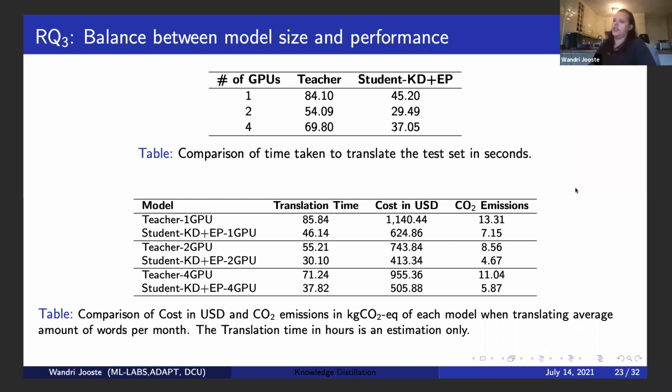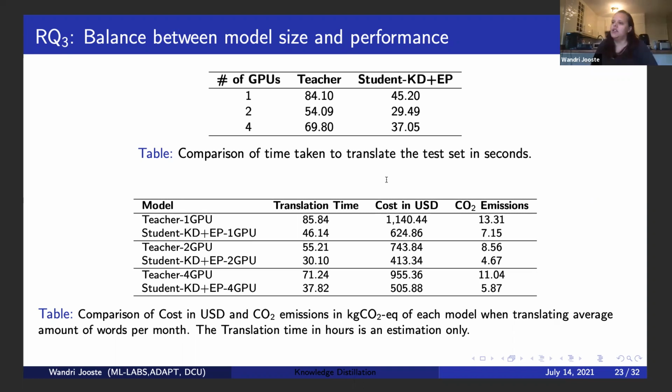So in the first table there, I got the time in seconds it took for the teacher and student models to translate the test sets that had about 3,000 sentences in them. And you can see that the students take about half the amount of time that the teachers do. And then you can see here I got estimates for the cost and carbon emissions of